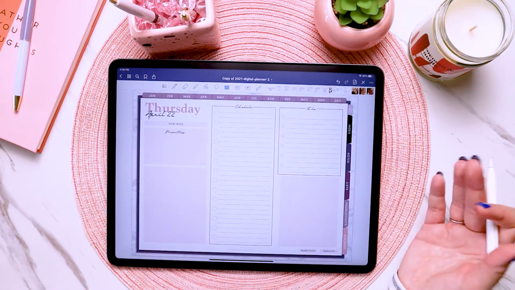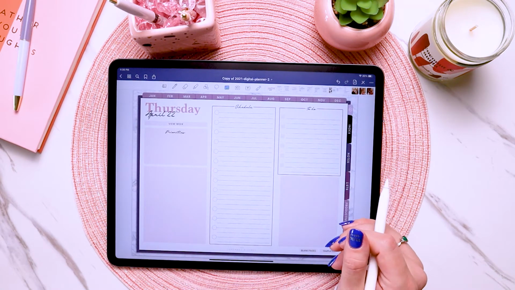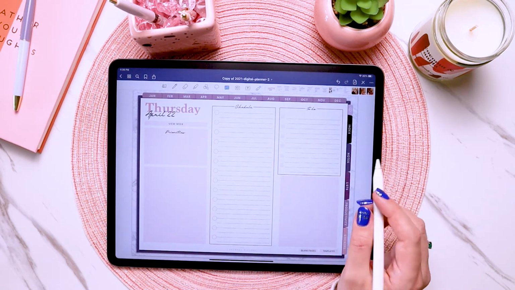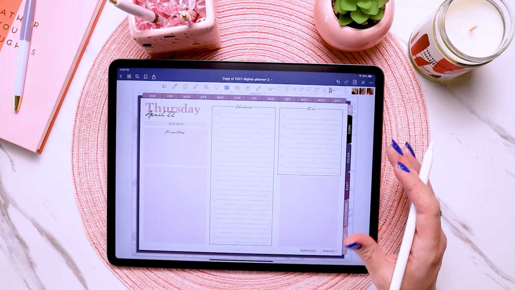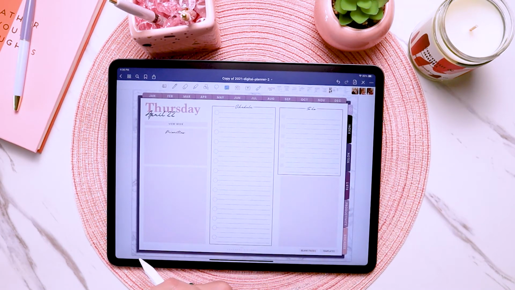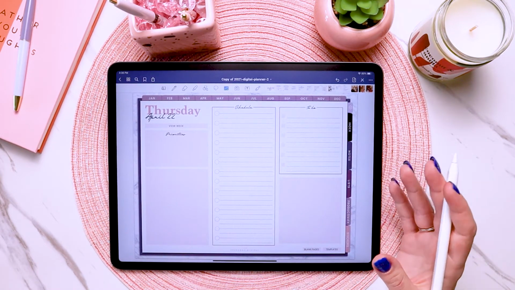And it's just an easy way to totally customize your page with existing elements already on the page. So definitely keep that in mind if you have a planner page or something that you wish you could tweak. This is how you can do it. Okay, and then next I want to show you how you can kind of create your own little hyperlinks in